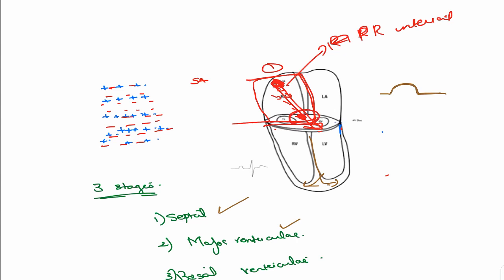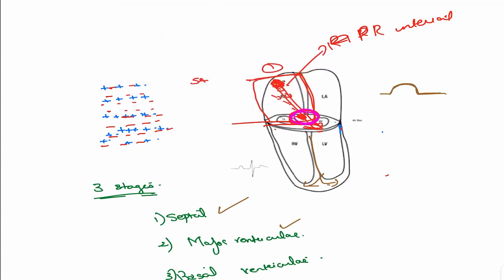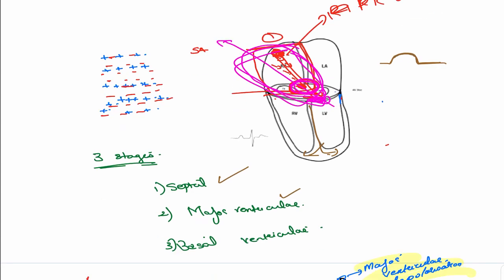Whereas the PR segment is just this region, just the AV nodal depolarization. But when you take the PR interval, we consider the P wave also, so it includes the entire thing: the impulse transmission from the SA node till the ventricle. Or you can say till the bundle of His, because here is the beginning of the bundle of His. Or from the beginning of atrial depolarization till the conduction through the AV node. So you have to understand the concept here. The options will keep on changing. Just understand this is the region they mean by the PR interval.